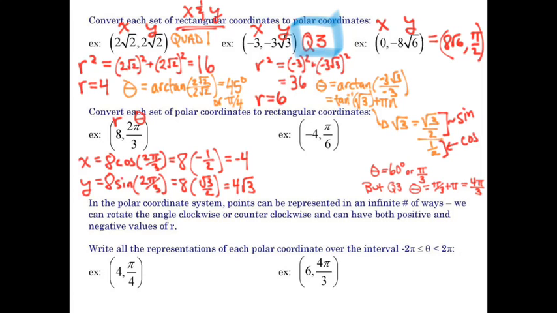So if I rotate by an angle of 2 pi over 3, that's going to put me in the second quadrant, so I should have a negative x value, which I do, and a positive y value, which I do. And last one here, again, I just relate them. X is r cosine theta, y is r sine theta. Plug through the math, and using our unit circle values, we get something where our values are